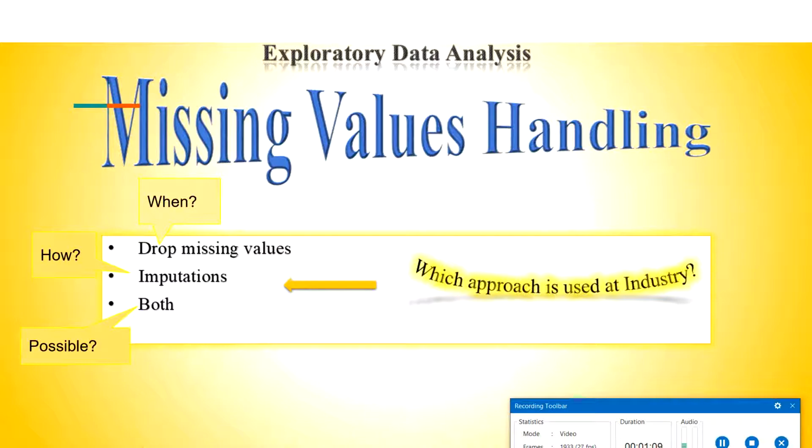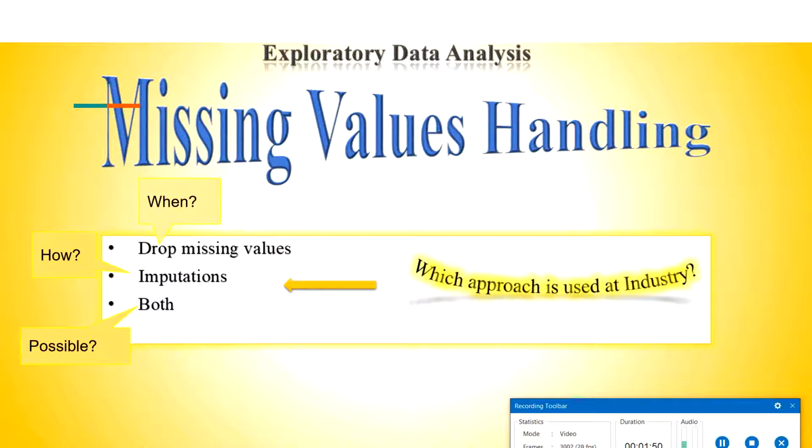Well, in this video I am going to discuss in detail how to handle missing values, when to handle missing values, and what to do. When you say handling, it could be either dropping the missing values or imputing the missing values. So if you are thinking about dropping the missing values, when should we go ahead with that step? How do you decide that this is the time I should not go ahead with imputations, rather I should go with dropping the data? So how do you finalize that? Is there a certain rule that is followed in industry? Well, yes, we have certain guidelines and I'll discuss them in detail.